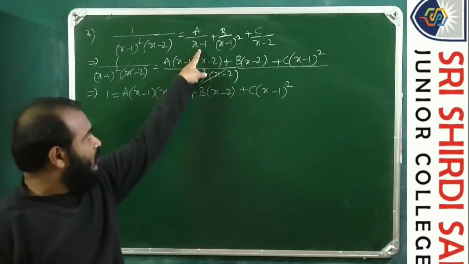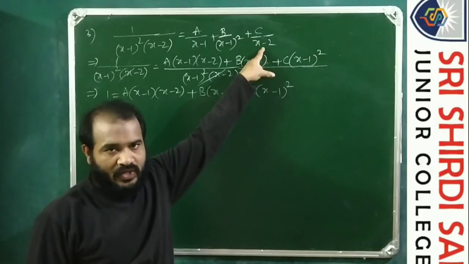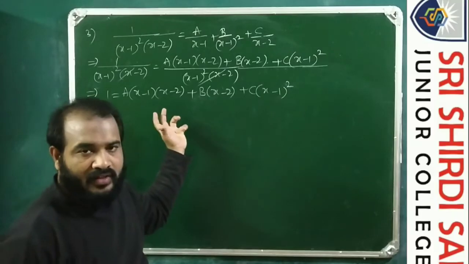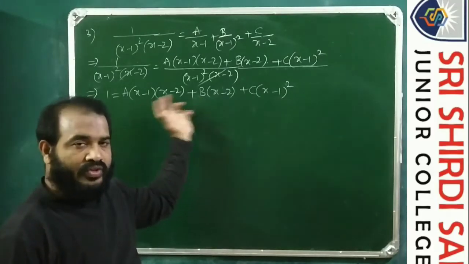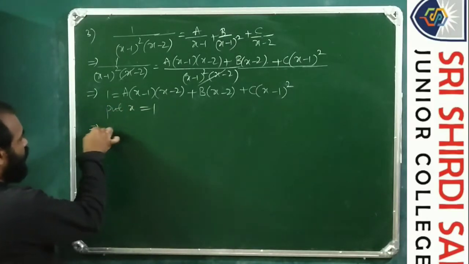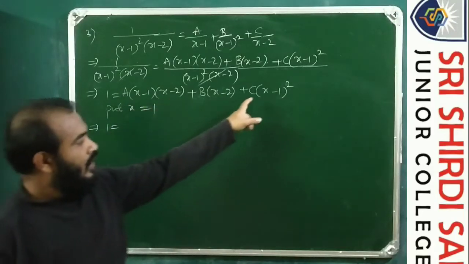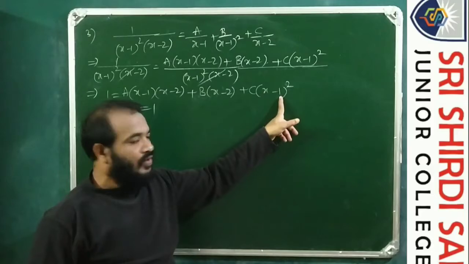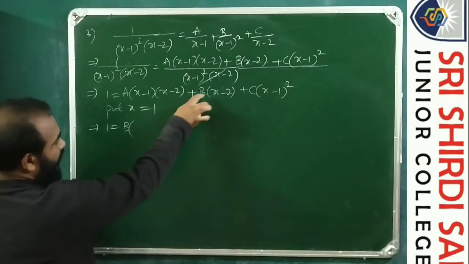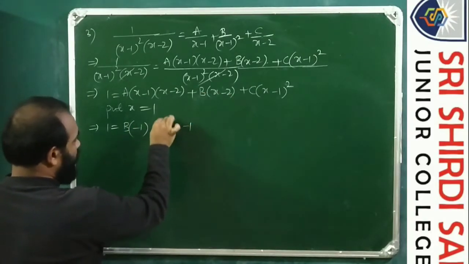So here x minus 1 is a factor, x equals 1 is the root, x minus 2 is a factor, x equals 2 is the root. So x equal to 1 and 2 are going to be substituted for x throughout the entire equation. So put x equal to 1. So 1 is equal to 1; on substituting here, it will be 0, and the last term is also going to be 0 because 1 minus 1 whole square is 0 square into C is 0. So we are left with the middle term. X value is 1 minus 2 is minus 1. From this B is equal to minus 1.